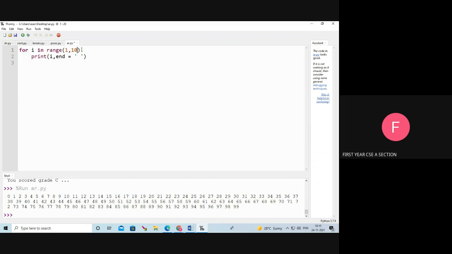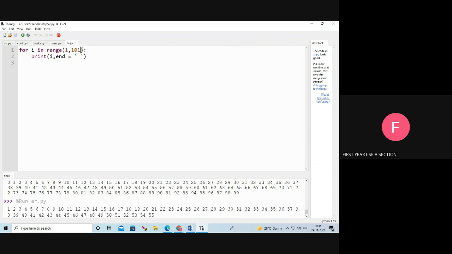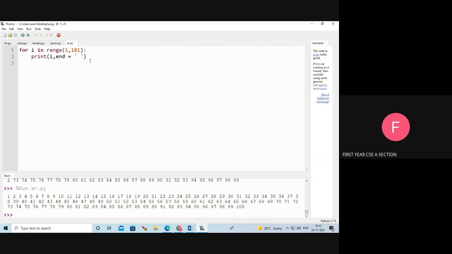Okay, there are two ways. The first way is print of 1, print next line, print of 2, print of 3, print of 4. That is one way.